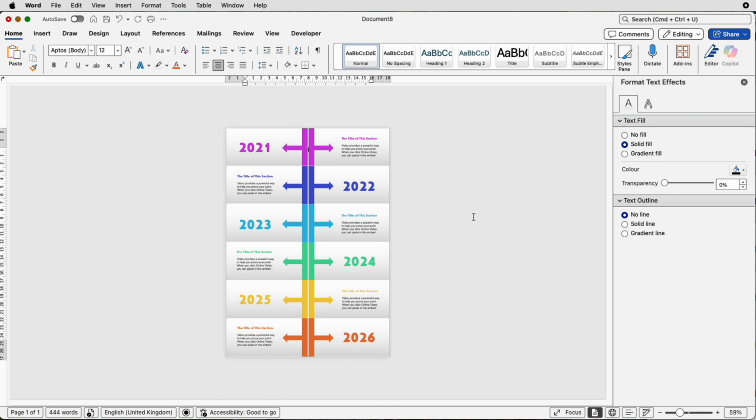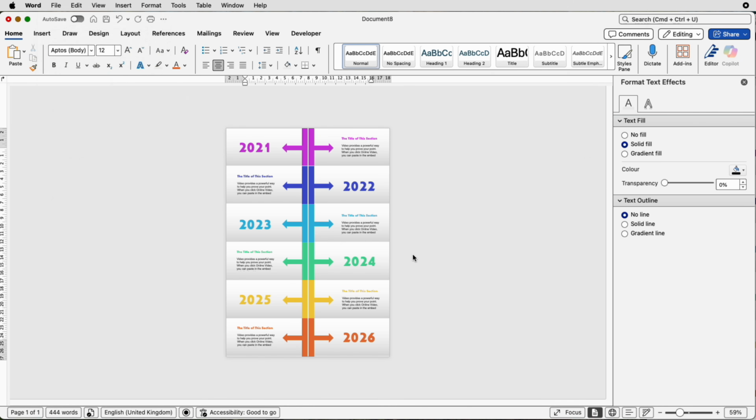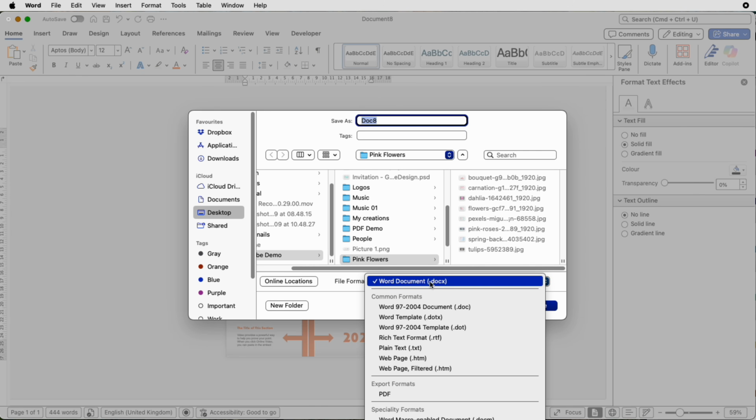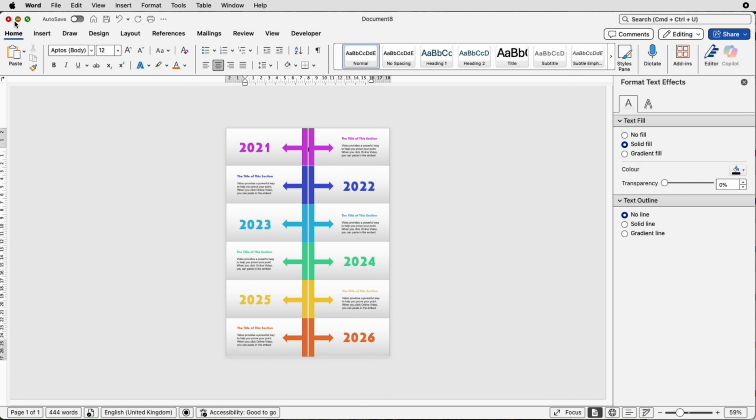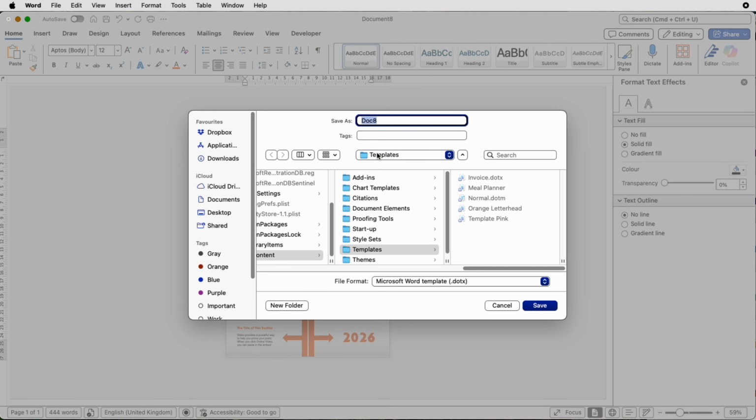Perfect. So now you can save this as a Word document, a PDF file, or a template. So go to File, Save is saving it as a Word template, Save As. You can go down here and you can simply save it as a PDF, or you can go to File, Save as Template, and save it in your templates file in your Microsoft Word templates and click save, but don't forget to rename